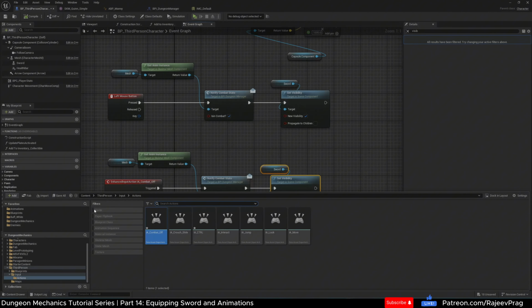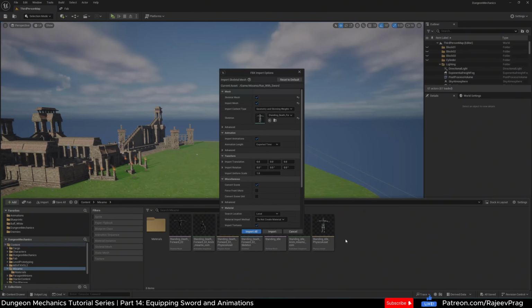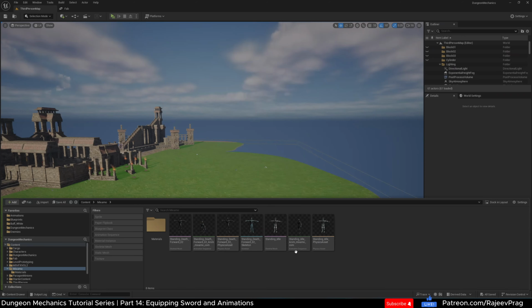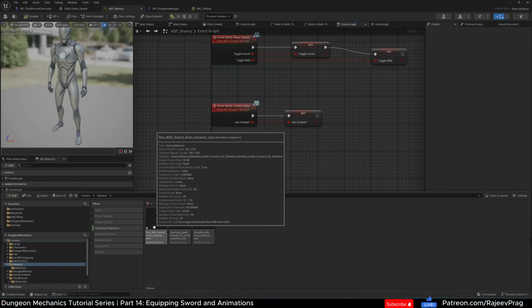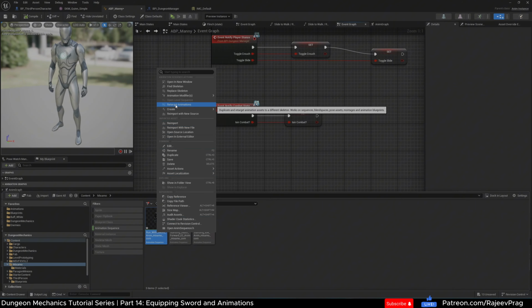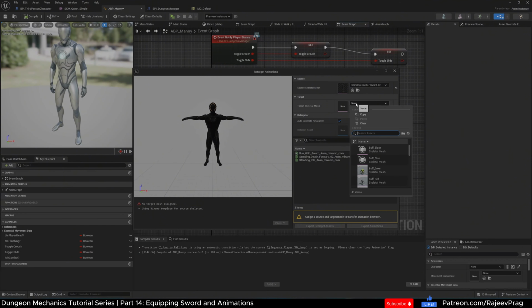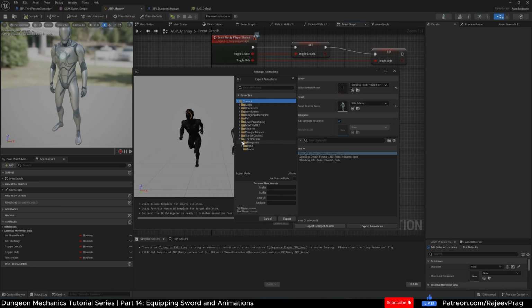Once it's downloaded, I'm going to go back into my Mixamo folder. I'm going to drag and drop this animation in here and just select import all. So there's your run with sword animation. We need to now make this animation play on our Manny. So we're going to right click and click on retarget animations. Here we're going to select Manny, and click on export animations. Here, I'm going to select blueprints, animation folder, and use a prefix of RTG underscore export